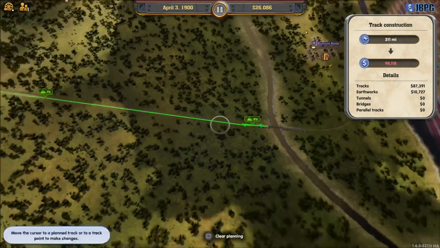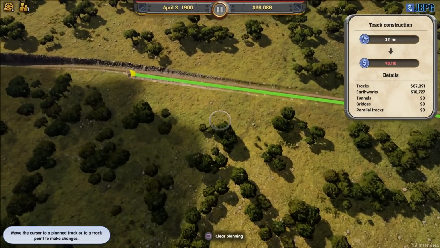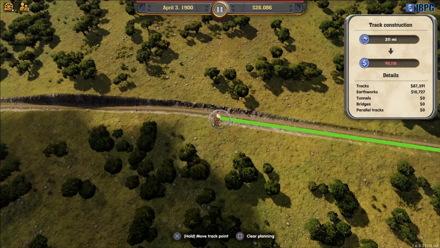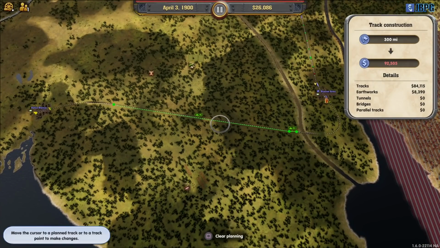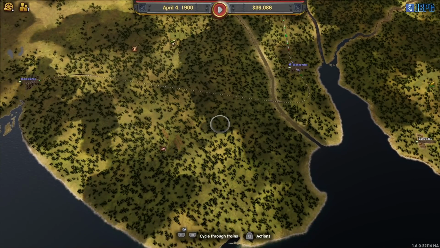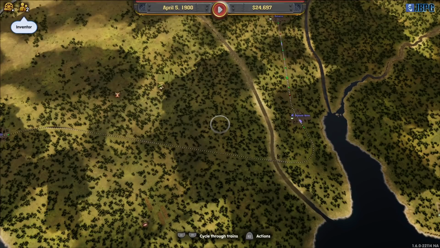That's 98,000. It's a long old stretch of track. Just don't have the money for that right now, unfortunately. Let's cut it down to 92. It's still way off. So we're going to have to let our finances run a little bit for now. What we can do, though, is we can...